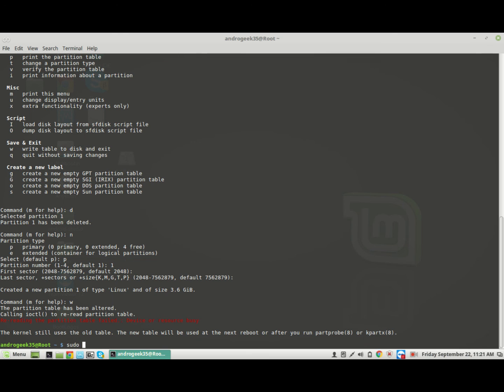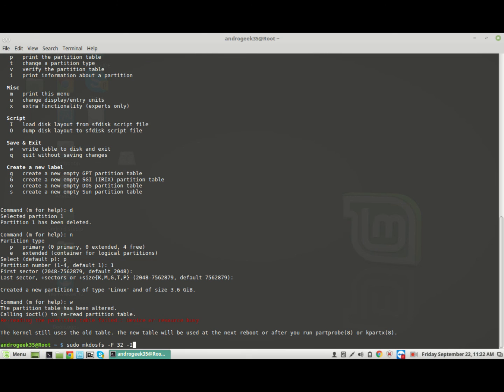So here we're done. I'm going to show you how to convert it. So sudo again, and of course if you want FAT32, it originally came from DOS, so we're going to use mkdosfs, MK stands for make, then DOS, and then FS for file system. So we're making a DOS file system. Dash F for FAT, and then space 32. If you're looking for 16, just write 16. And if you want ext4 or ext3, you can just replace the entire thing with that. So I'm gonna do 32